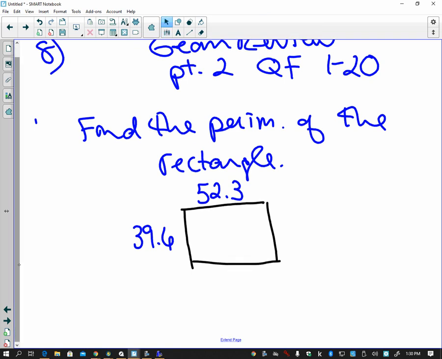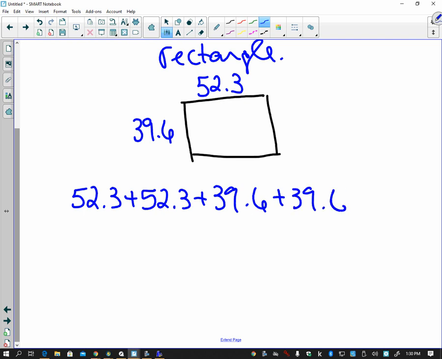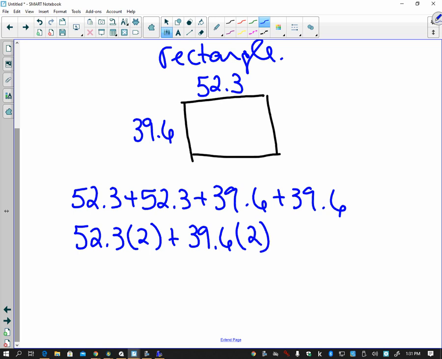So what do we do? Add up all the sides. So what is it? 39.6 plus 52.3 plus 39.6 plus 52.3. I don't know what those numbers come out to. You could also have done 52.3 times 2 plus 39.6 times 2. Again, I'm not super concerned with what the actual answer is so much as you know what it